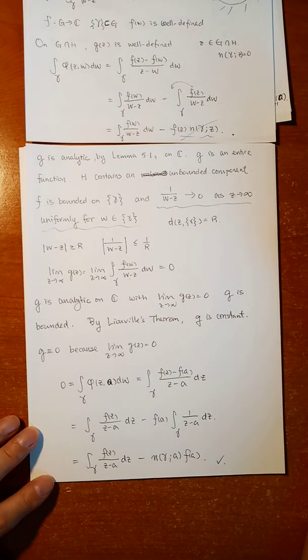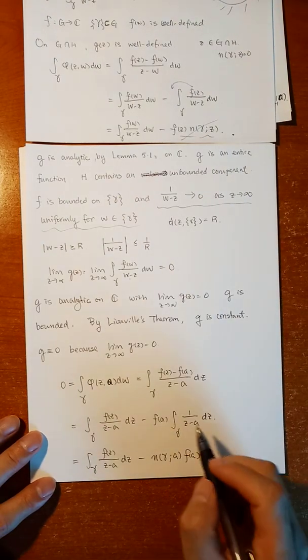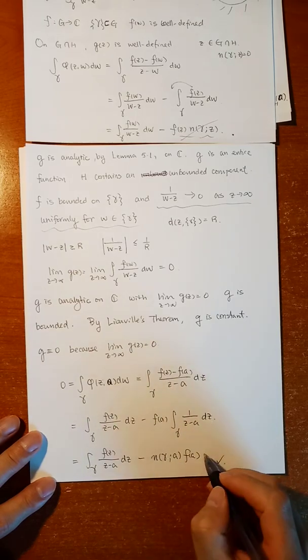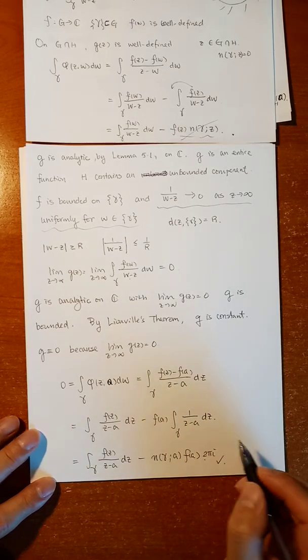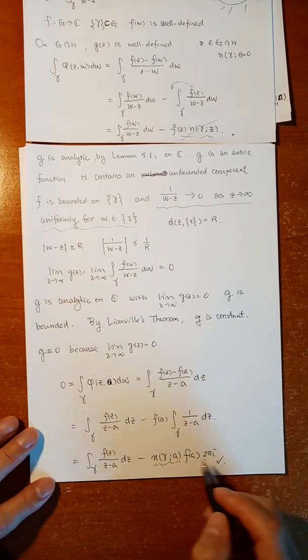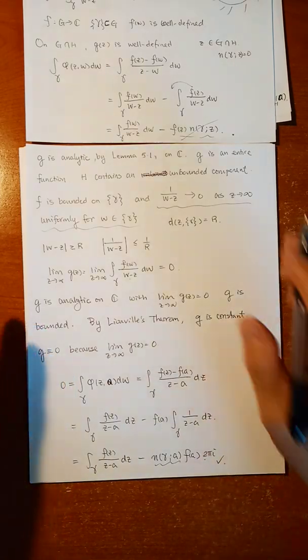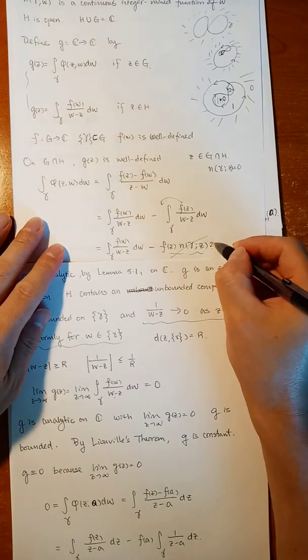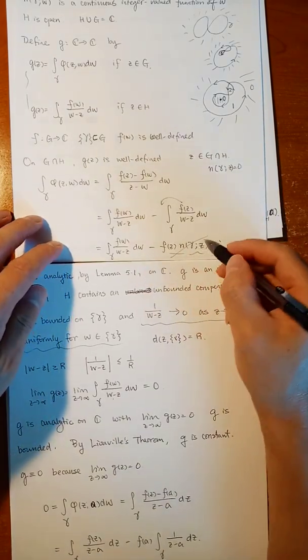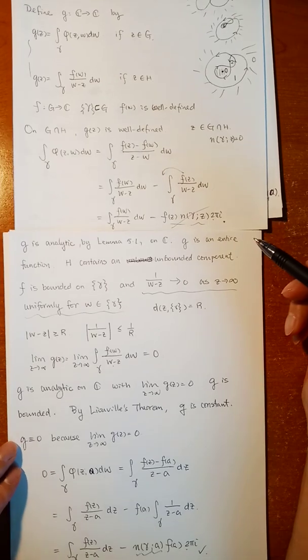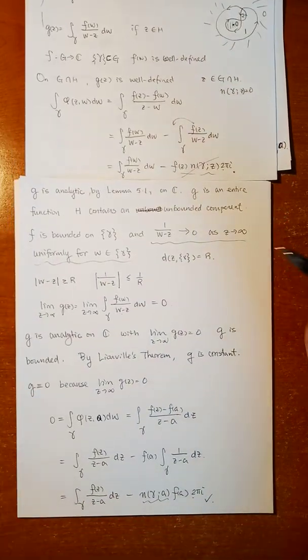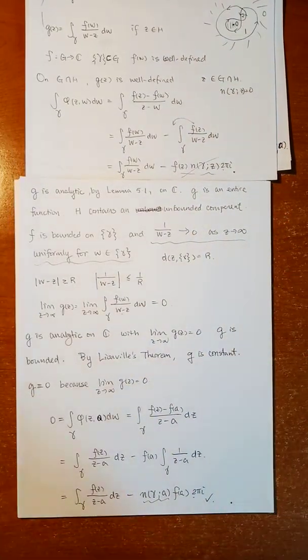Alright, so that's the first version of Cauchy's integral formula. This one is times 2 pi. Without this one, the winding number is an integer, it does not involve 2 pi. Do I miss some 2 pi someplace? Yes, here I need 2 pi. But it doesn't matter. This winding number is 0, so the 2 pi will disappear. Alright, so we finished the proof of the first version of Cauchy's integral formula.